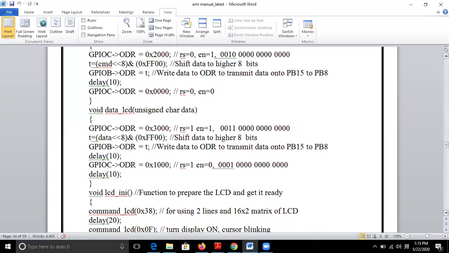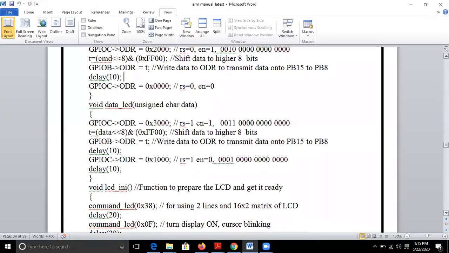For writing the data onto the LCD, we use data underscore LCD command, which takes the input as unsigned character data, which is again 8-bit. Okay, so you will be enabling the register select, that is data. You have to write to the data register now, not the instruction register.